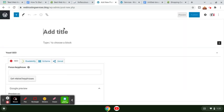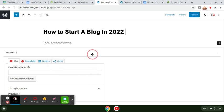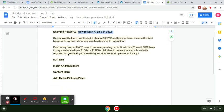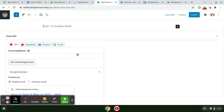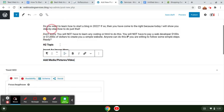So when this loads up, I'm going to plug this in. So where it says here, add title, I'm going to plug in that right there. Now, if you type right here, what you can do is you can add your actual content itself. So I'm just going to plug in some content that I have right here. All right, so if I just plug this in right there,